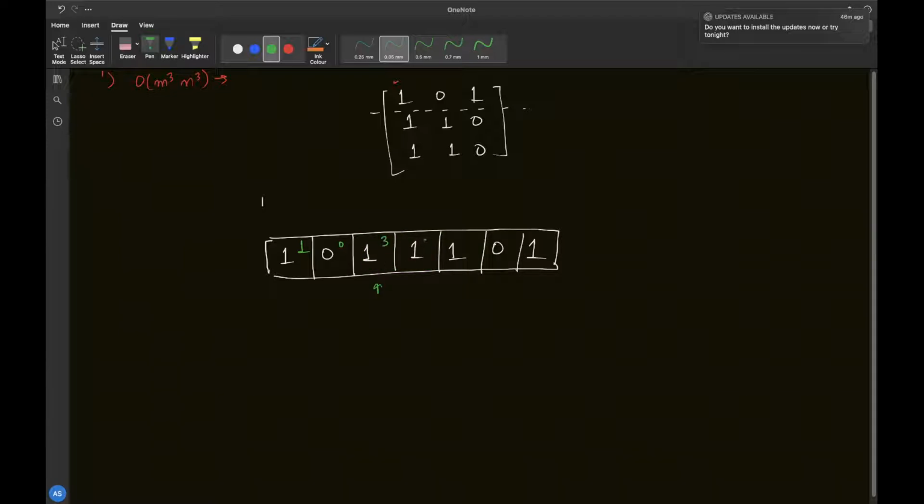Now come to this one. If I take this as the starting point, then one I can form is this, and the other I can form is this. So this is 2. Now come to this point. Here you have 1, and you cannot extend to the right because there is a 0. It will be 1 only. 0 will have 0, and the last 1 only one rectangle.